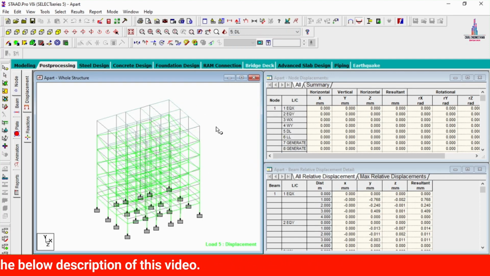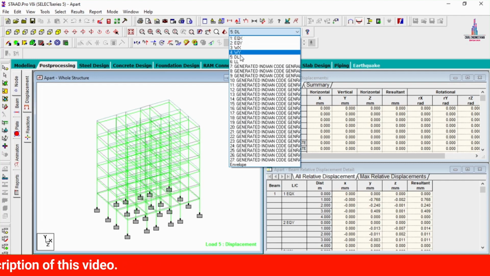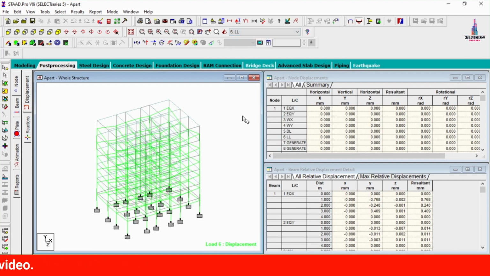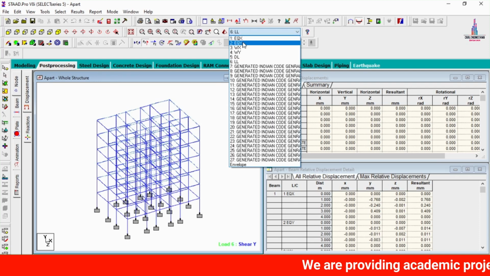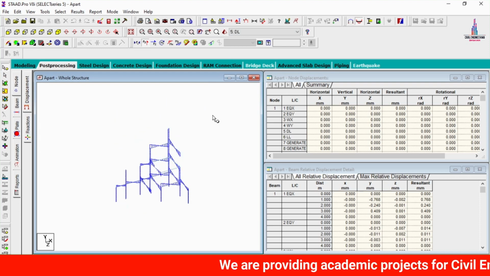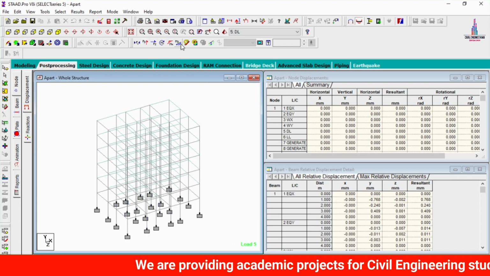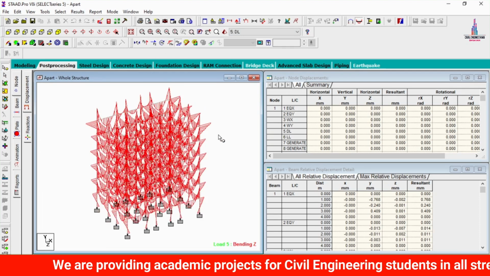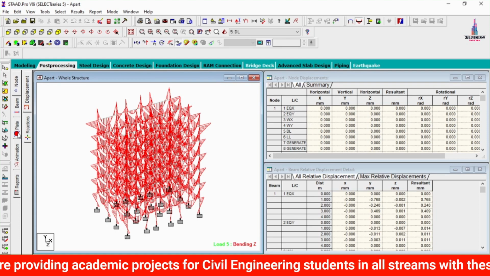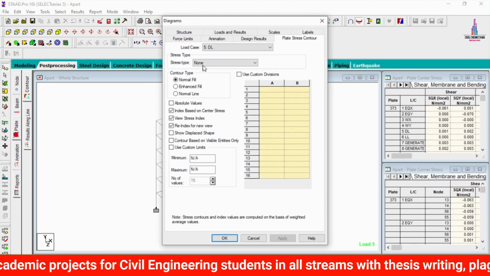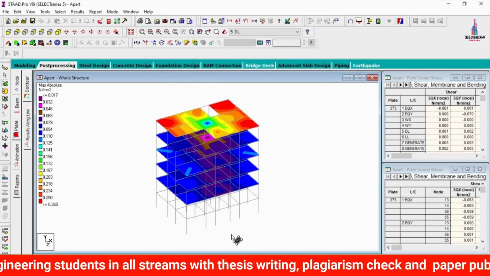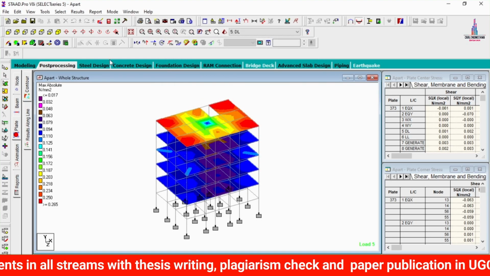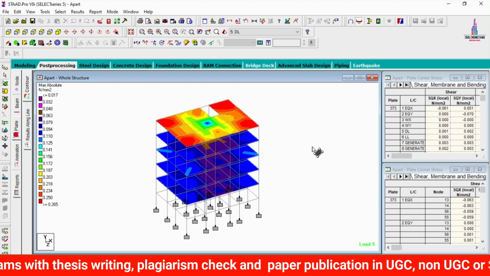This is the dead load in X condition. Again select this live loading condition. This is the live load condition. Now we have to select the bending shear force diagram. So click on the Fy value. Now we can see this is the shear force diagram for this structure. In the same process, I am selecting the MZ value. This is the bending moment diagram. In the same process, we have to select the plate pressure under stress type as maximum absolute. Click on apply, click on OK. Now you can see this is the maximum absolute pressure that will act on the different slabs.